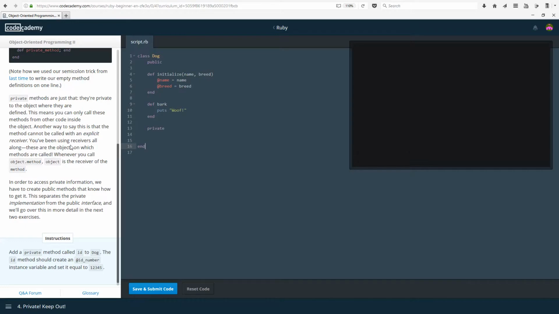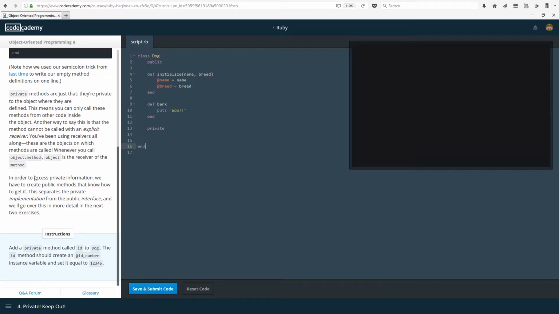Okay, so you've been using receivers all along. These are the objects on which methods are called. Whenever you call object.method, object is the receiver of the method. So in order to access private information, we have to create public methods that know how to get it. So the bank, in my example. This separates the private implementation from the public interface, and we'll go over this in more detail in the next